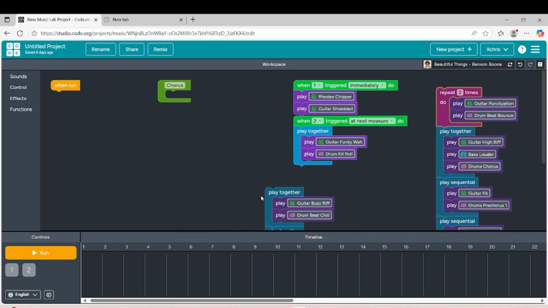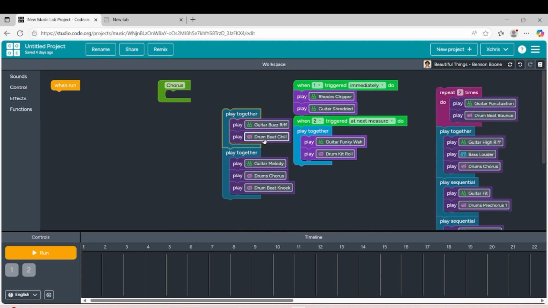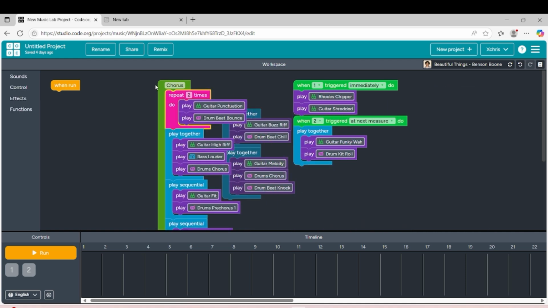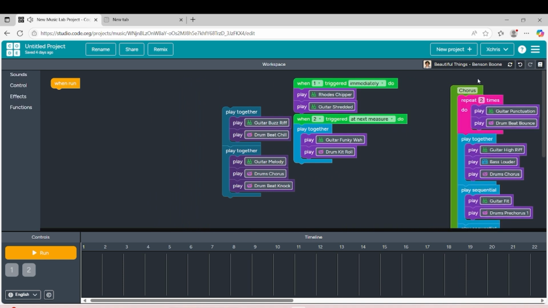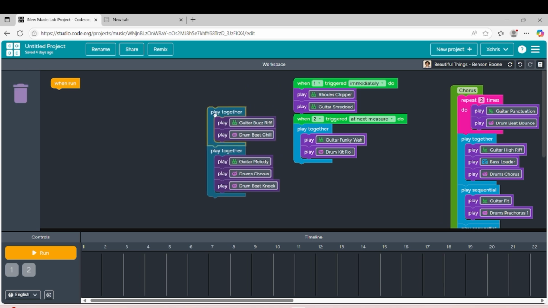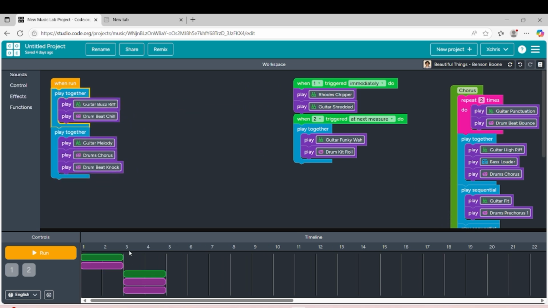So all you need to do is, let's say this is the chorus. Now, the only thing the function row will do is, when you have already built a bunch of instruments and you don't want to connect this to here, you don't want to see that.